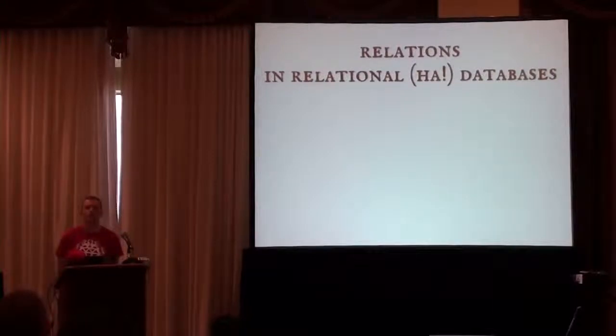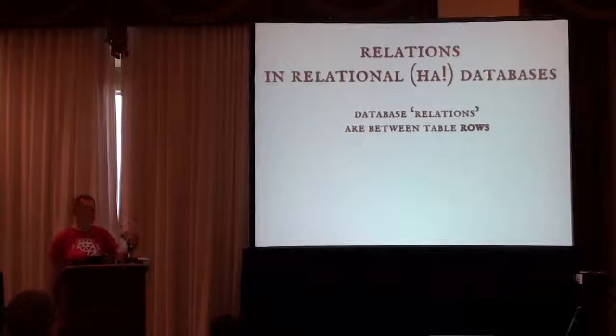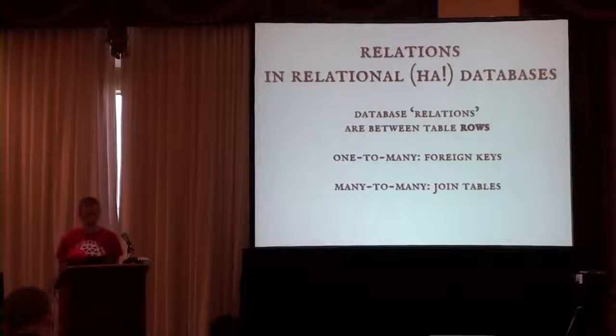So how do we do that in a relational database? You would think a relational database really is all about relations, but it's not really. The name relational in relational database is about the relations between rows. And it says that rows in a single table should have about the same things in the same columns, and not really about relations between rows in different tables, which is what we talk about here. If we have one-to-many relations, we use foreign keys. If we have many-to-many relations, we use a very different way of joining this by using join tables.